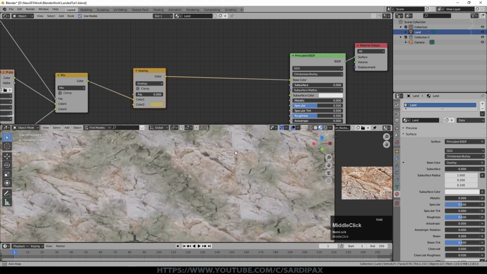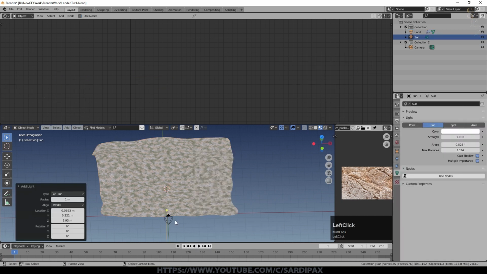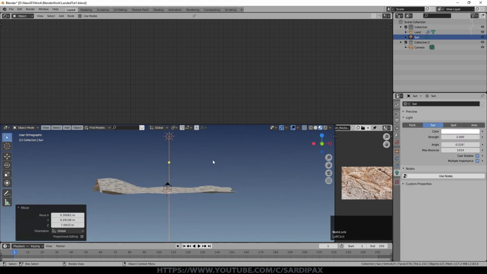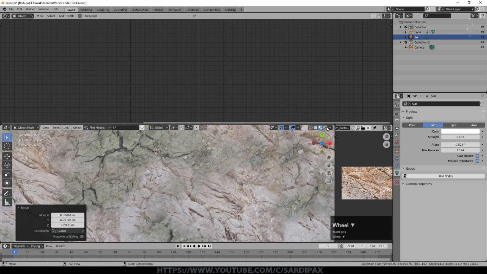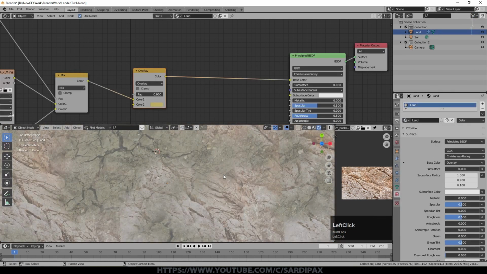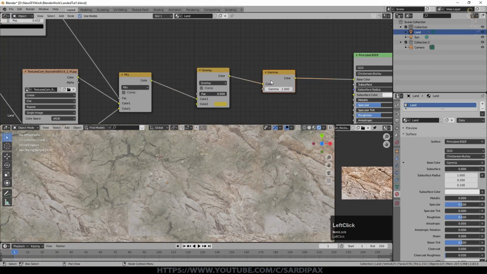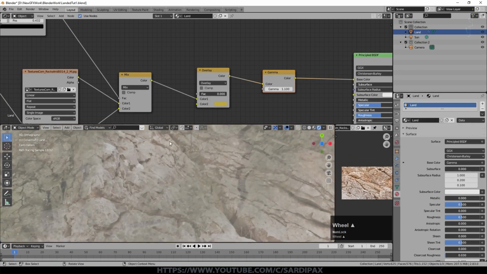But before I do that, I'm going to put a simple lamp in the scene. We'll just put a straightforward sun, and that's just to give us a bit of light. And we'll go to rendered view. Perhaps brighten the sun up a little bit. Still a very plain texture. And I'm also going to add a gamma node and just drop that in there. And I had that just to increase slightly, just to overall increase the depth of the color.